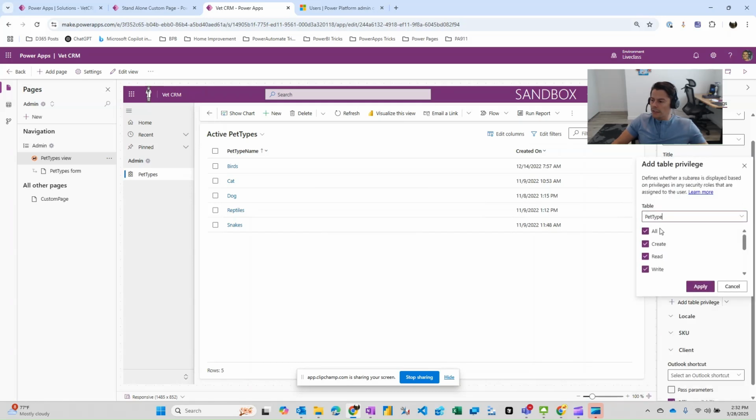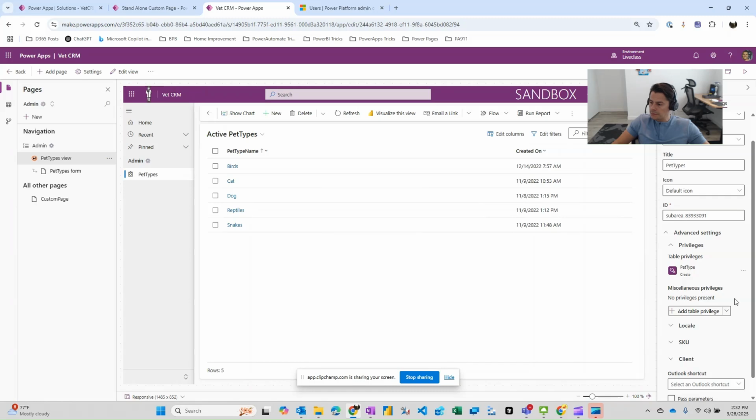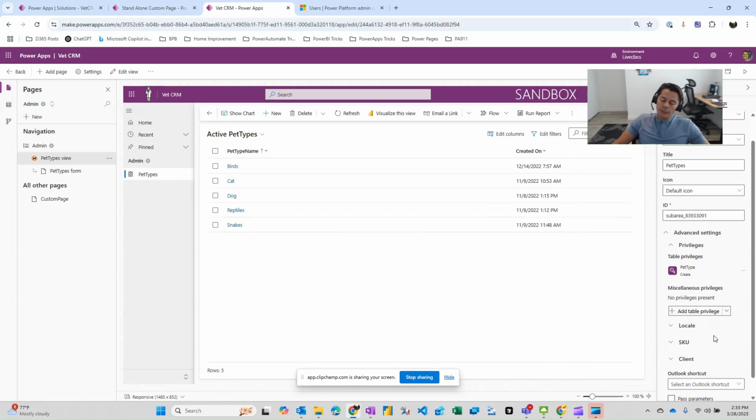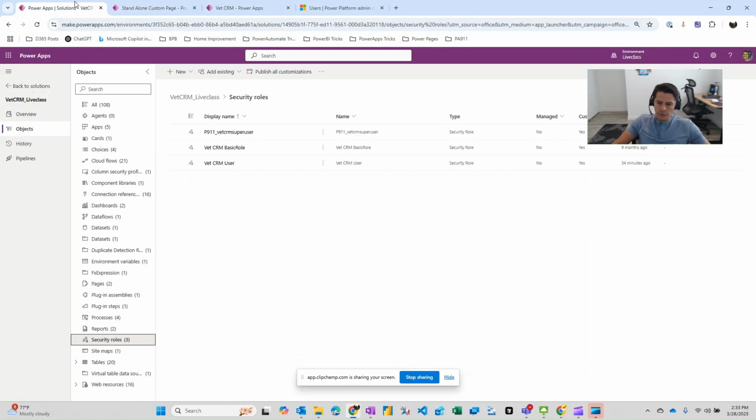All right, what I want to do is only those folks that have a role that allows them to create records within the pet type should be able to see this menu here on the sitemap of your model-driven application. So I'm going to go ahead and click apply, right? You'll notice that it actually comes in here. You can also use miscellaneous privileges, but quite honestly, I never use them because they don't really quite make sense. So 100% of the time, I will set it dynamically based on the table privileges. So I'm going to go ahead and publish this,